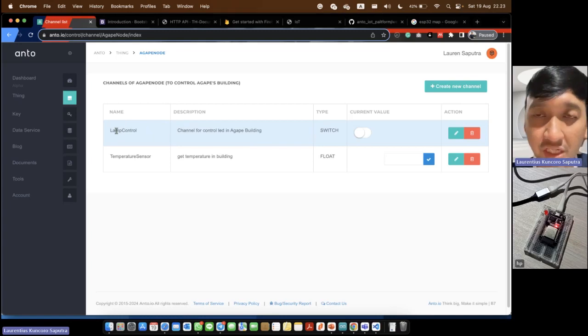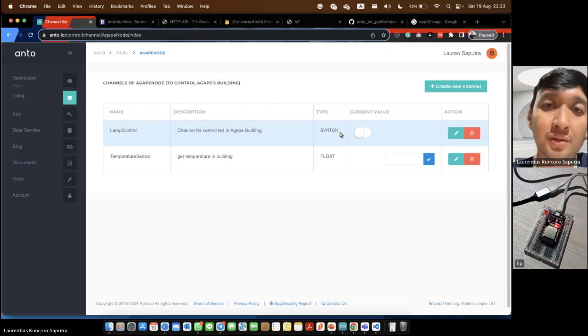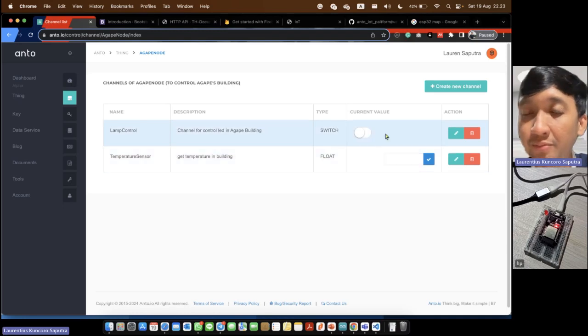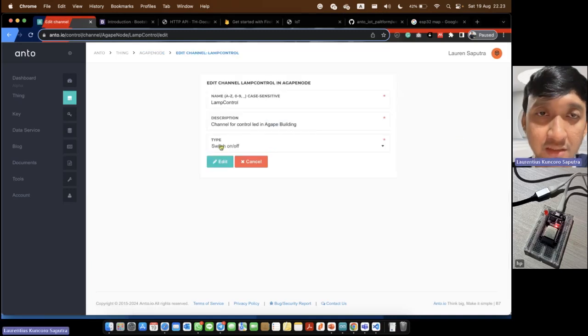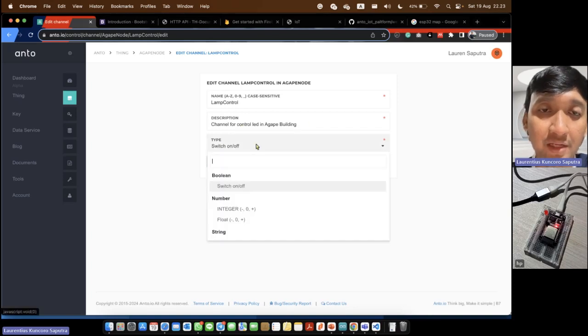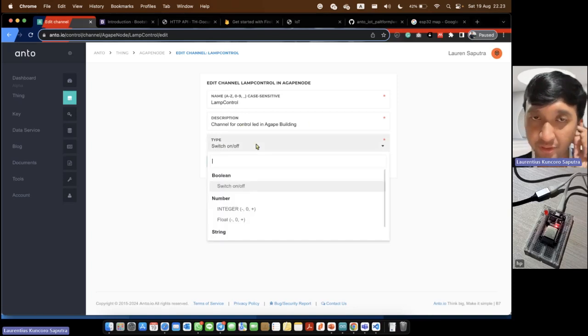In the LAMP control channel, I use a switch, which means the data type is Boolean. So we can see this is the LAMP control. The description is: channel for controlling the LED in the Agape building. In the type, we can set the type of data in this channel.